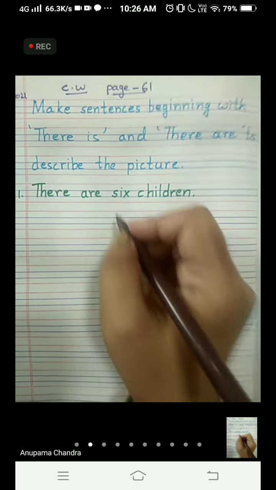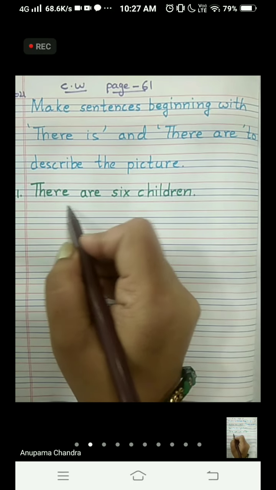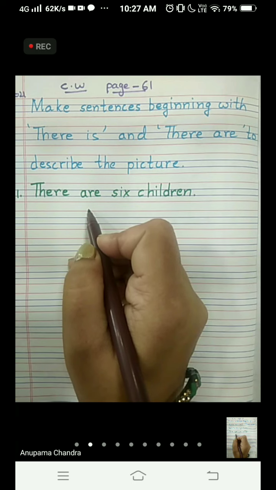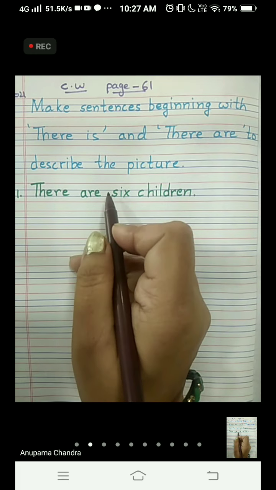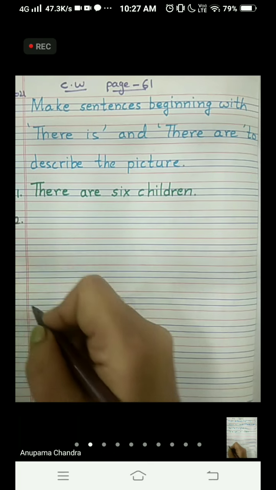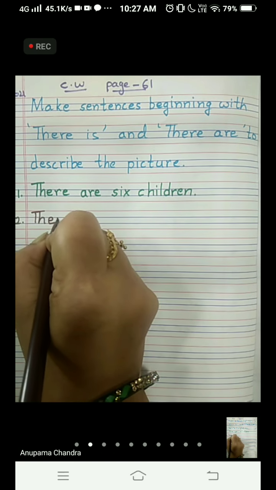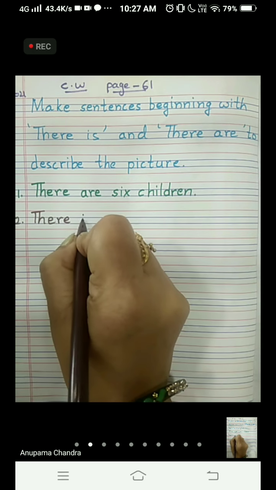So here 6 is more than 1. So we are using there are, because we use there are for more than 1. Either more than one thing or more than one people. Okay. And the second one we did is there is